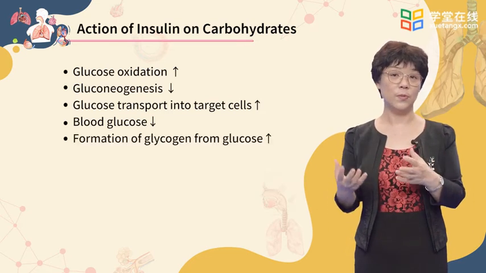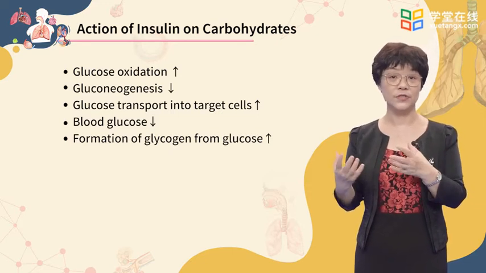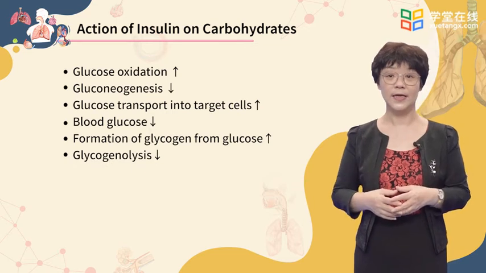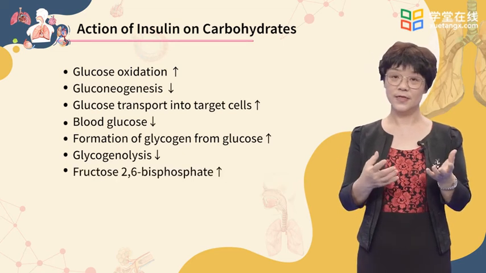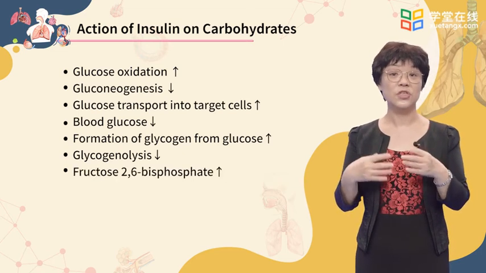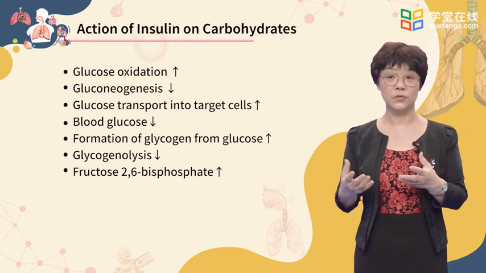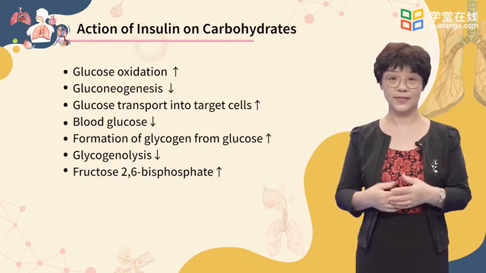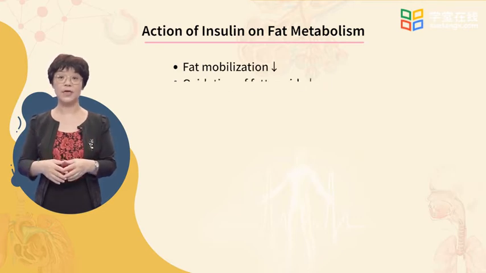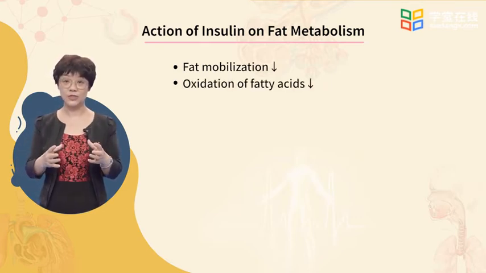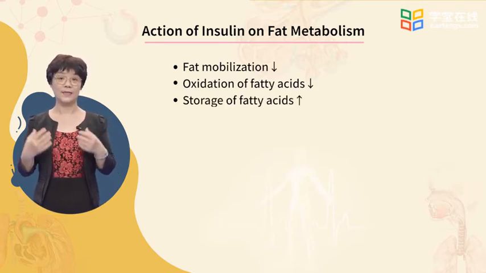Second, insulin promotes the formation of glycogen from glucose in the liver and muscle and simultaneously inhibits glycogenolysis. Third, insulin inhibits gluconeogenesis by increasing the production of fructose 2,6-bisphosphate. The overall effect of insulin on fat metabolism is to inhibit the mobilization and oxidation of fatty acids, and